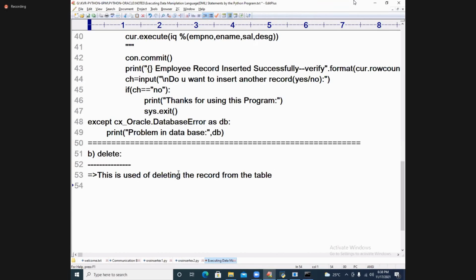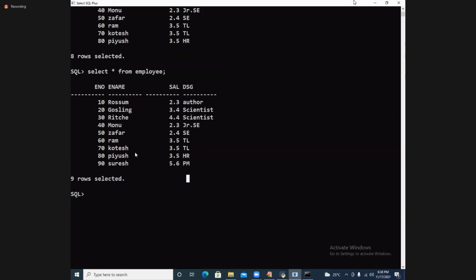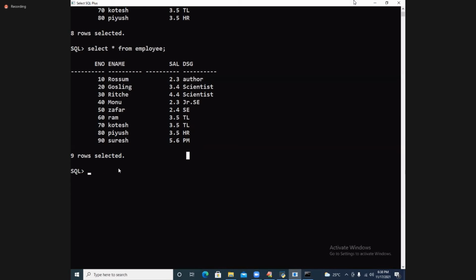How do you delete the record? Syntax for deleting a record. There are two forms, dear students. Please look into that. Go to the database, test at this level. I want to delete. See, delete from.